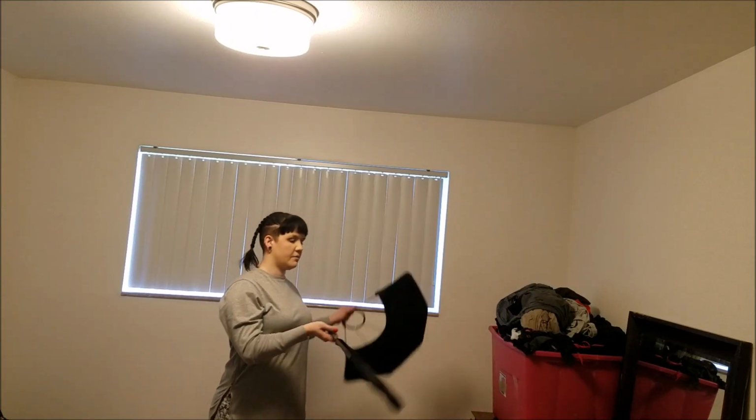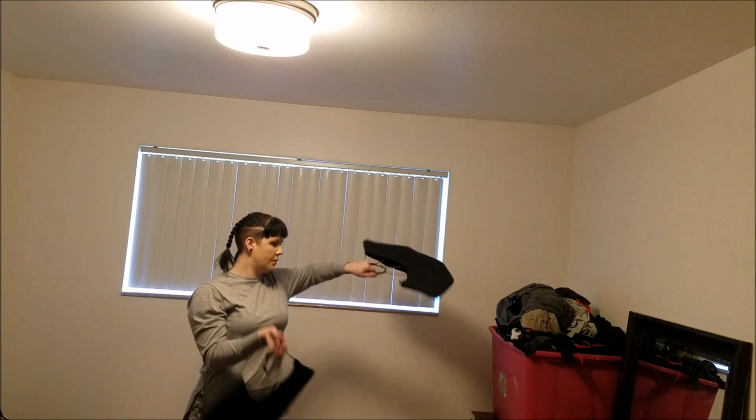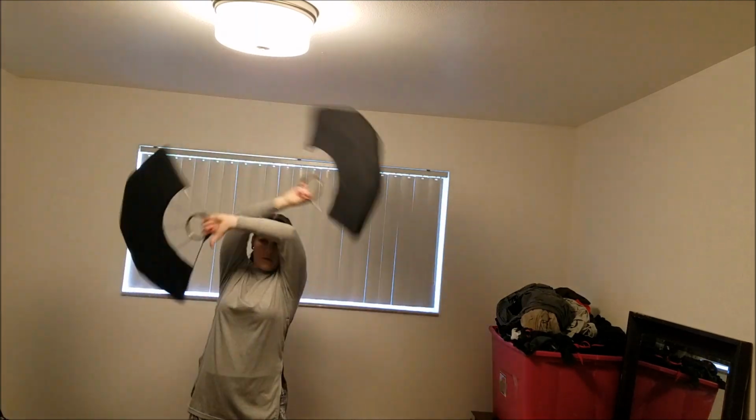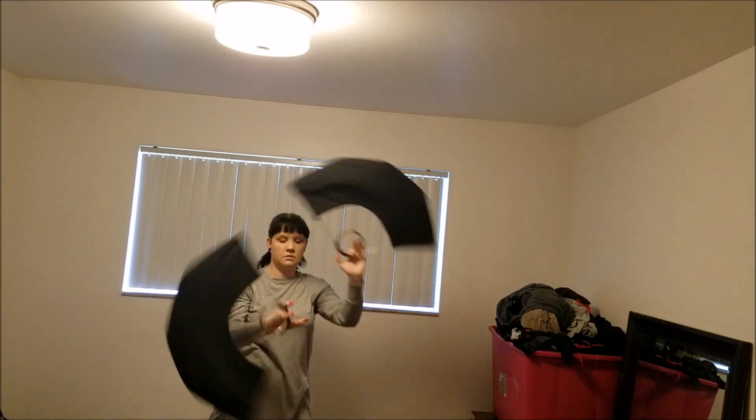So if we're truly doing a 2-beat fountain, we're just going to make 1 revolution kind of on top and on bottom with each hand. So it's going to look like this. Scissor, come across, just like that. So again, scissor,